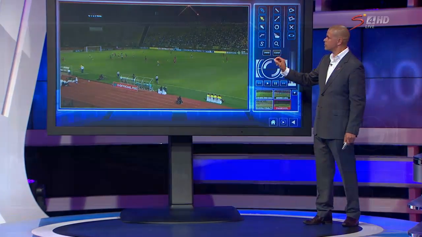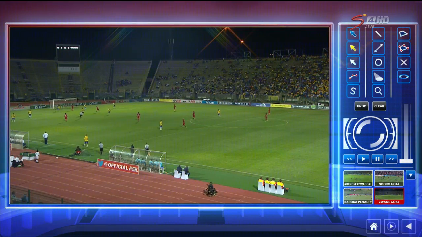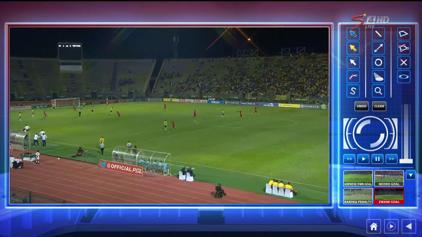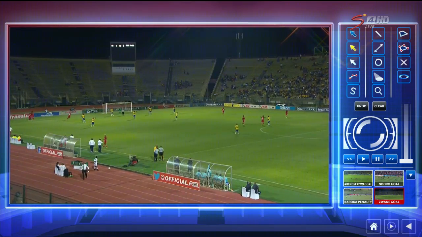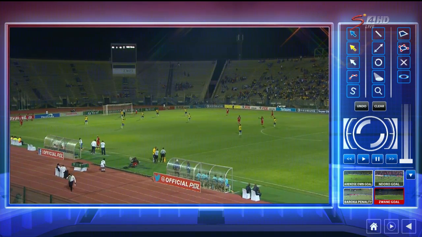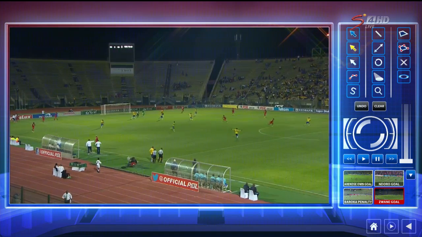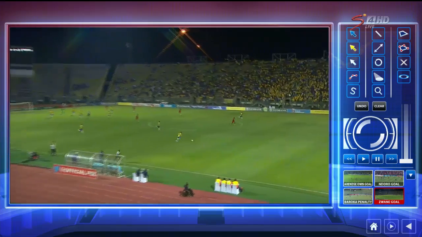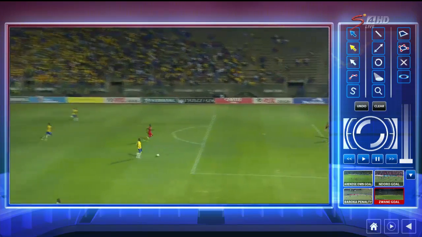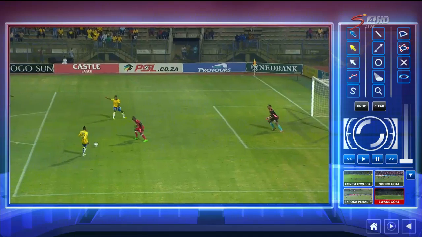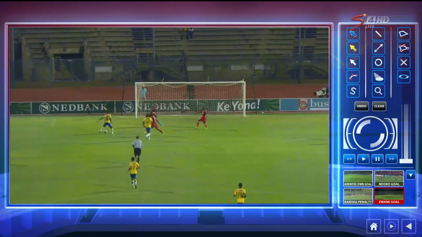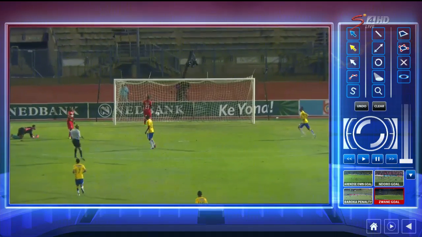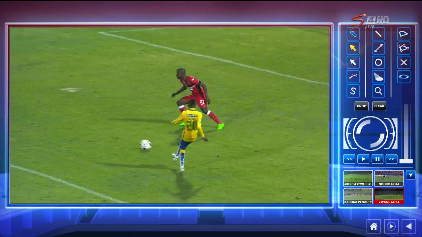We want to show this because there are mistakes that were committed by the referee primarily. When he wants to indicate that he is disallowing the goal, he runs into that area, waves his hands in the air, and because the indirect free kick is correctly taken, he cannot stop play, regardless of the fact that those players took a risk to go and celebrate in the opponent's half. But since the free kick is correctly taken, he cannot stop play. And as a result, a goal is scored.